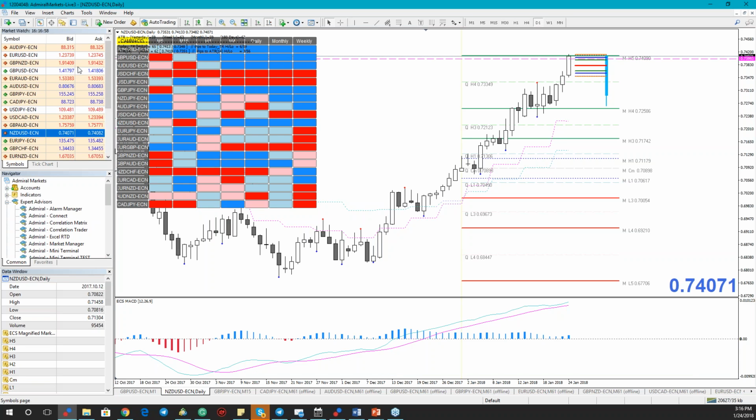We made a market order, Australian dollar yen, 88.25 to 35 is the zone, 88.60. Always add the spread, guys, when you trade, and always add 2 to 5 pips on top of that spread to protect your trade. So 88.60 plus, let's say, 5 pips. Always add it, and include the spread always.